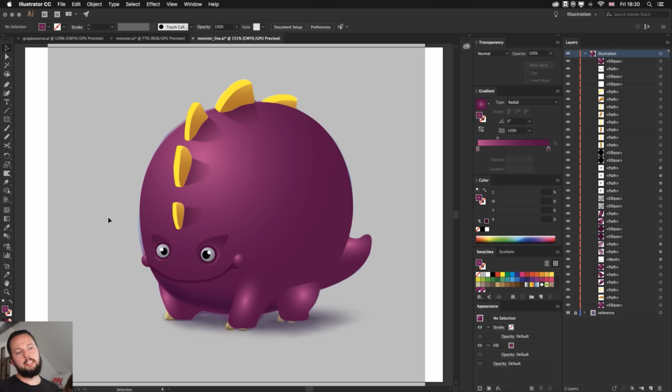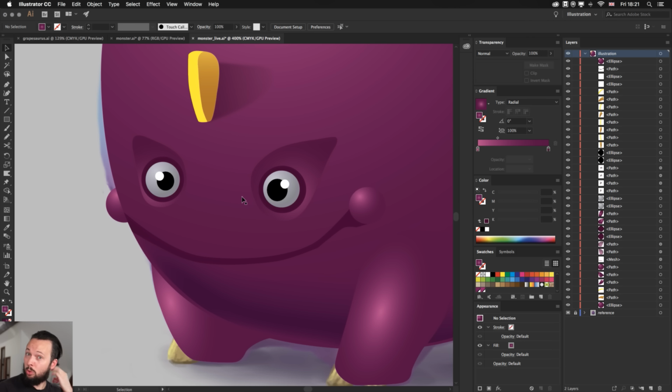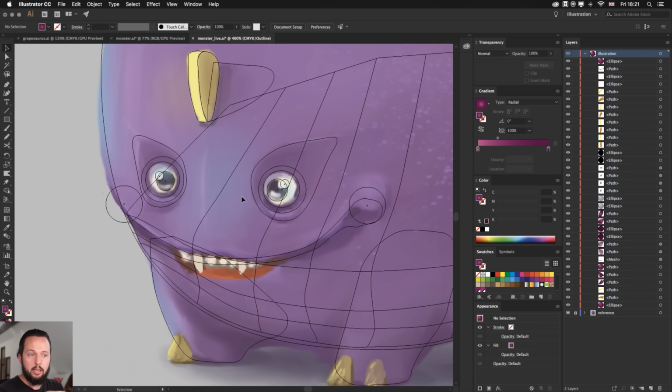Now in this case it would be a closed shape for the mouth, but expression is always very important. To get an emotional response to a character, you need an interesting expression. So that's what we are going to do now. You see, it's just a very tiny open mouth, but it still adds so much expression to it, and it makes the monster look a bit freaky, but also cute at the same time. It really can change a lot by adding the most important facial features like mouth, eyes, and nose. And by playing with these, you can achieve a lot.